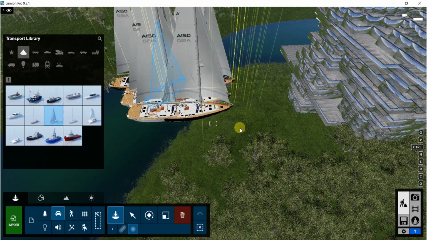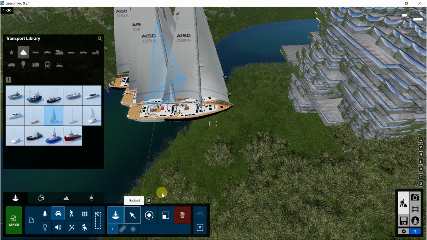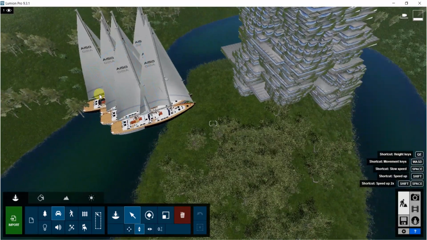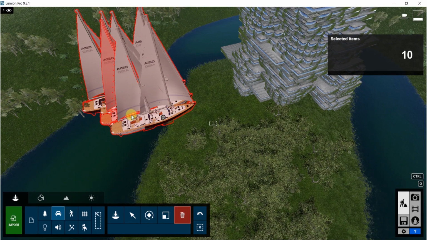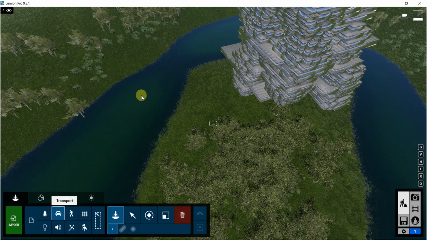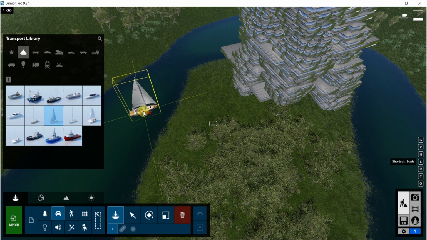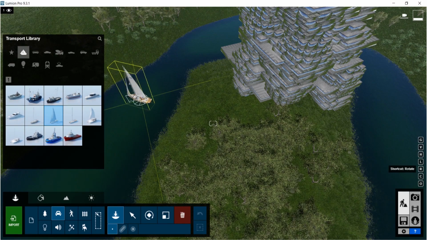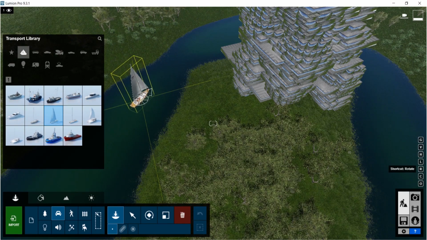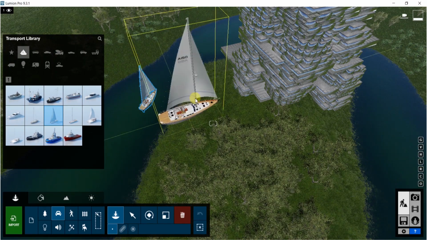Oh, shoot. We left that on. Okay, so we'll just select them all. Delete them. Okay, we'll go back to our boat. A little bit smaller. Change the rotation. I like it. All right. Okay, we're going to add some,